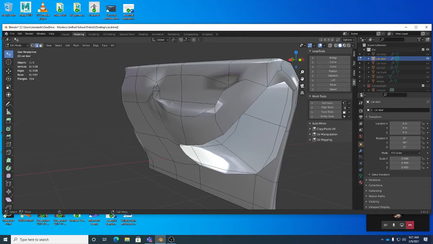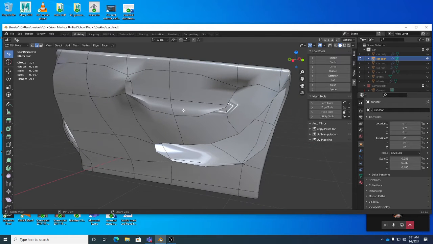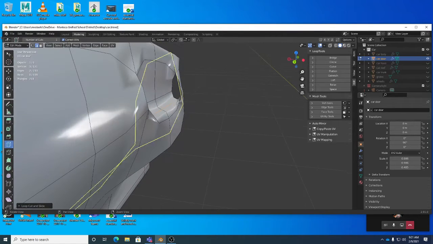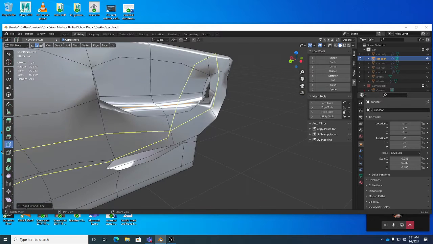Now, I think this could be a little sharper through here. So I'm just going to do Alt-C for loop cut, right? Remember, Alt-C for loop cut. I'm just going to loop cut a little edge loop in there. And you see how that kind of sharpens that shape up? That's one of the things we've been seeing a little bit more, is that when you put in edge loops,